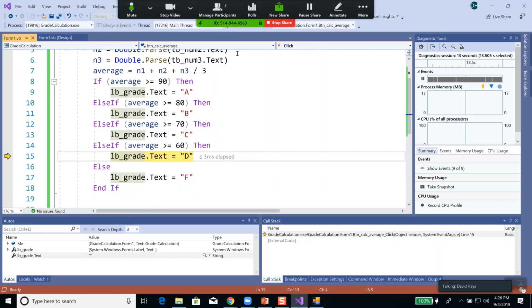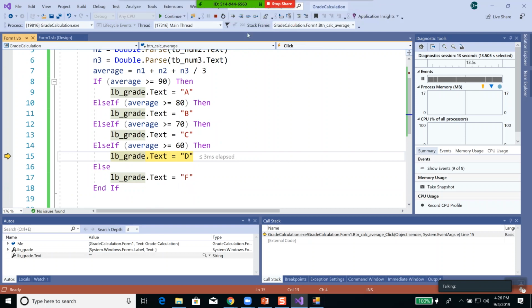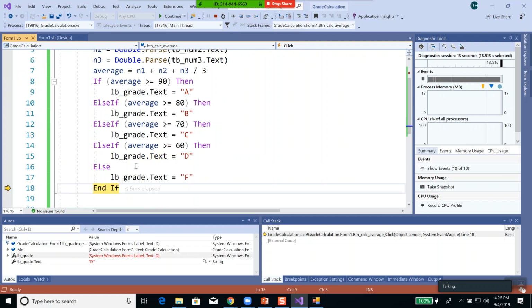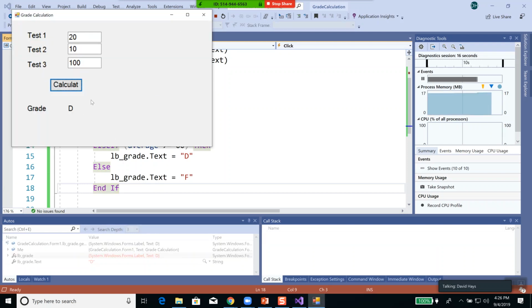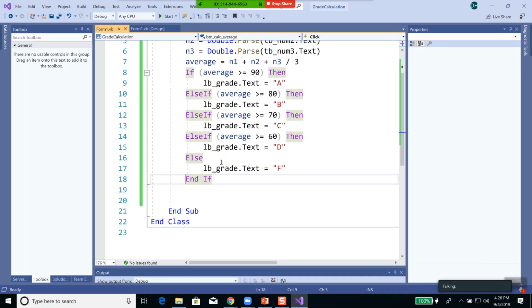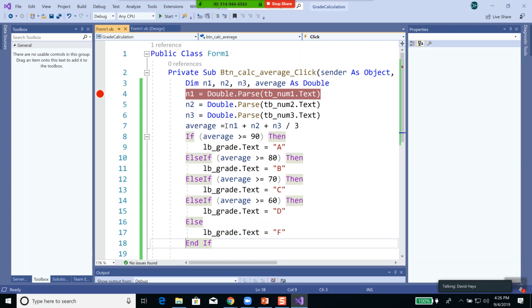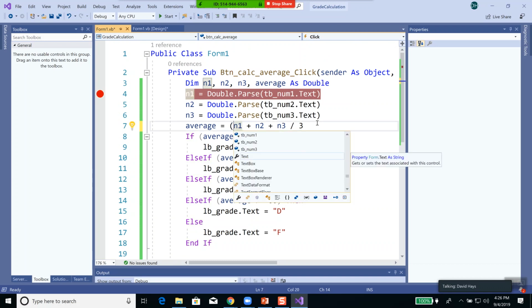Now, if I do the next line, then my LB underscore grade should now be equal to D. Now, once you get tired of going through it line by line, you can continue by pressing this continue button. And you see it put a D there. So that's debugging. Very nice feature. You're not limited to